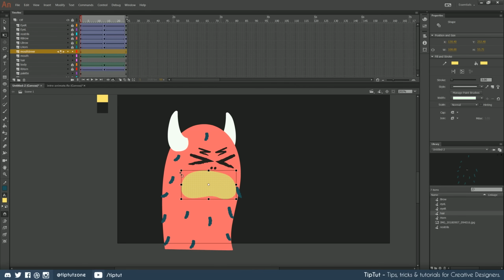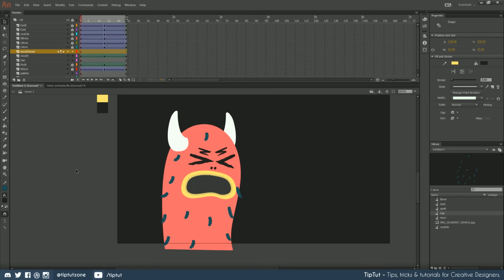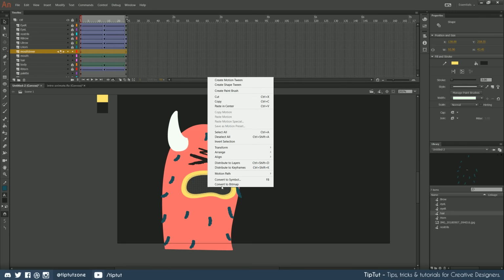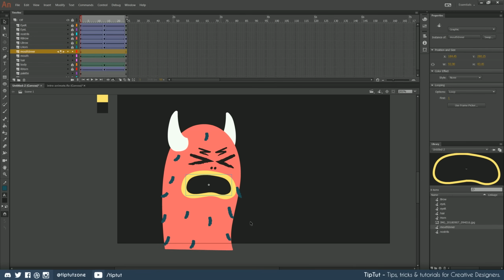Let's shrink this down a little bit, like so, until we get a lip size that we're roughly happy with. And let's make it this black color, okay? Now let's leave that stroke in as well, so that we've got a yellow stroke and a black inner mouth at the moment, okay? Now, I'm going to select both of these, right click, and convert them to a symbol. Okay, like so. We're going to then call this one Mouth Inner, and it's going to be a graphic.